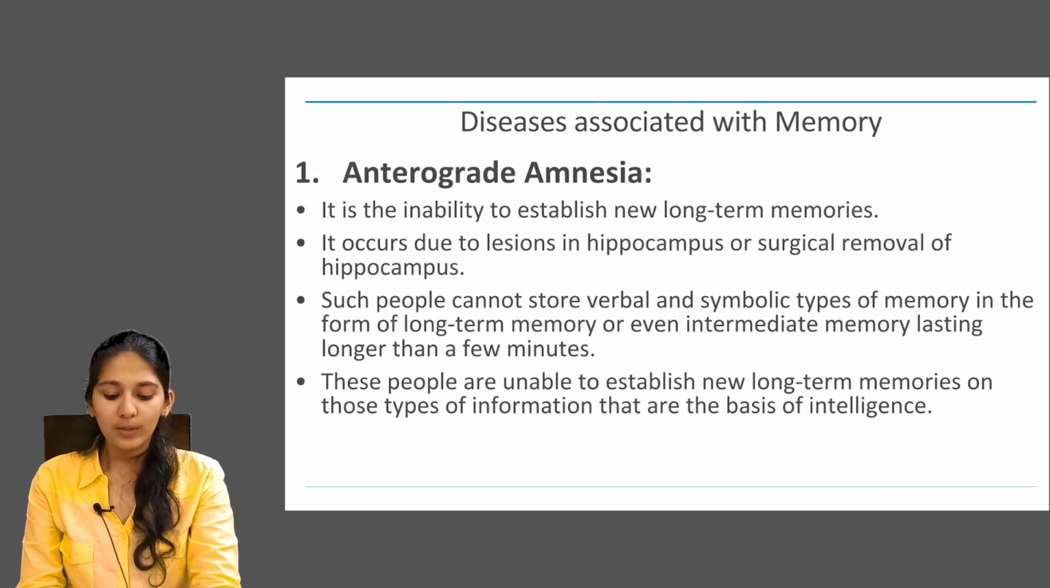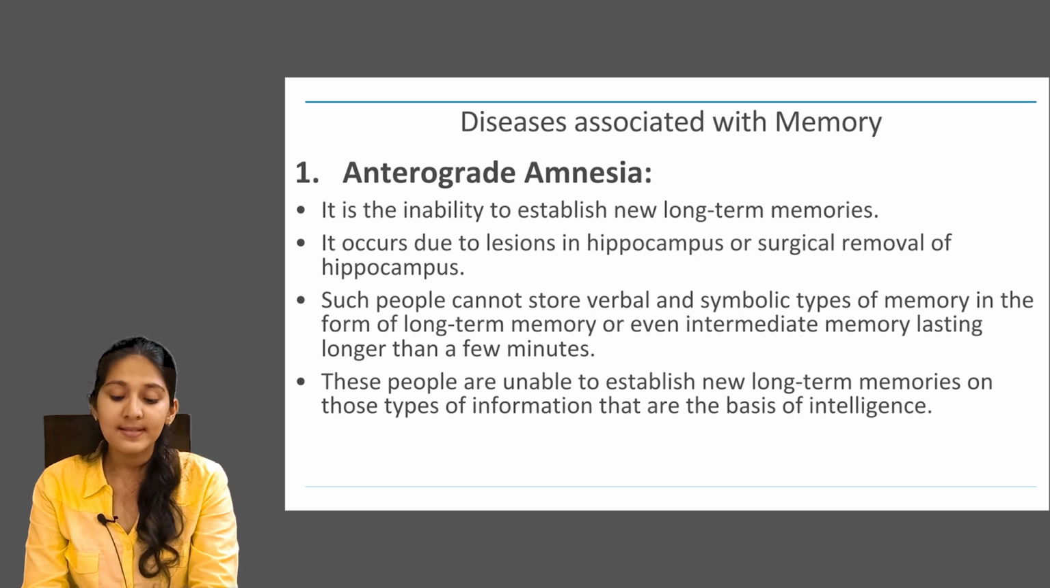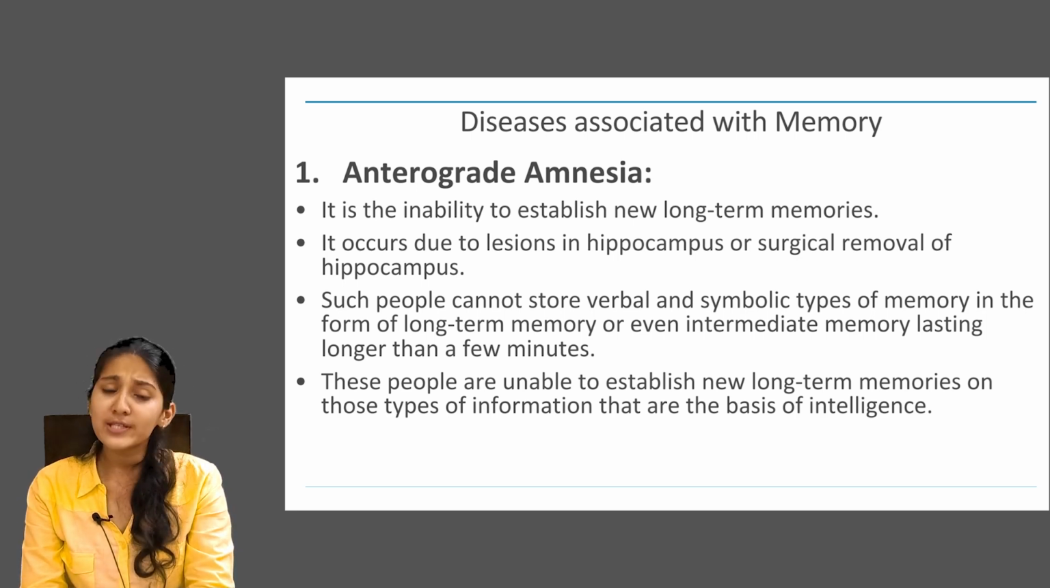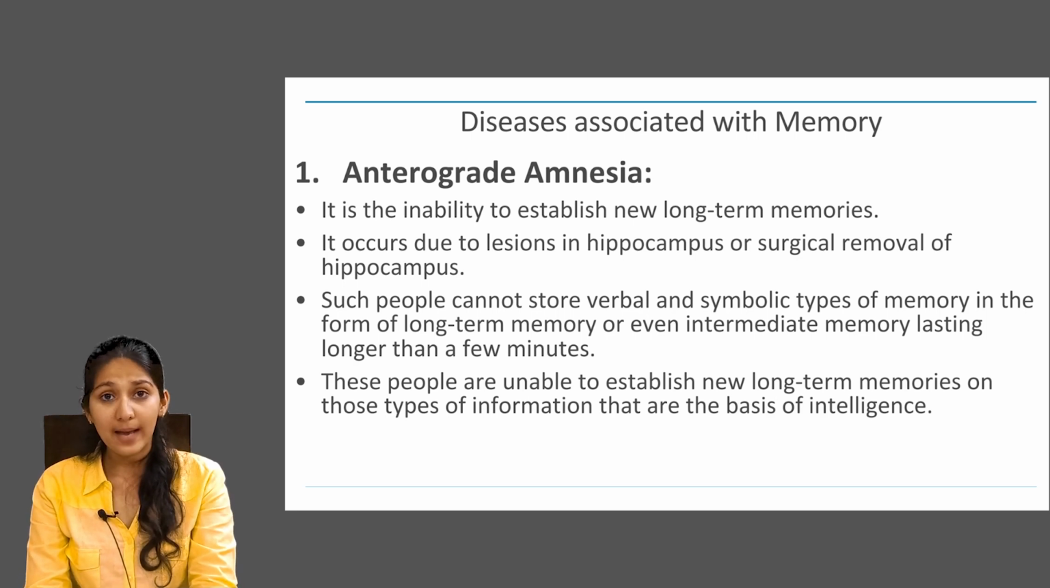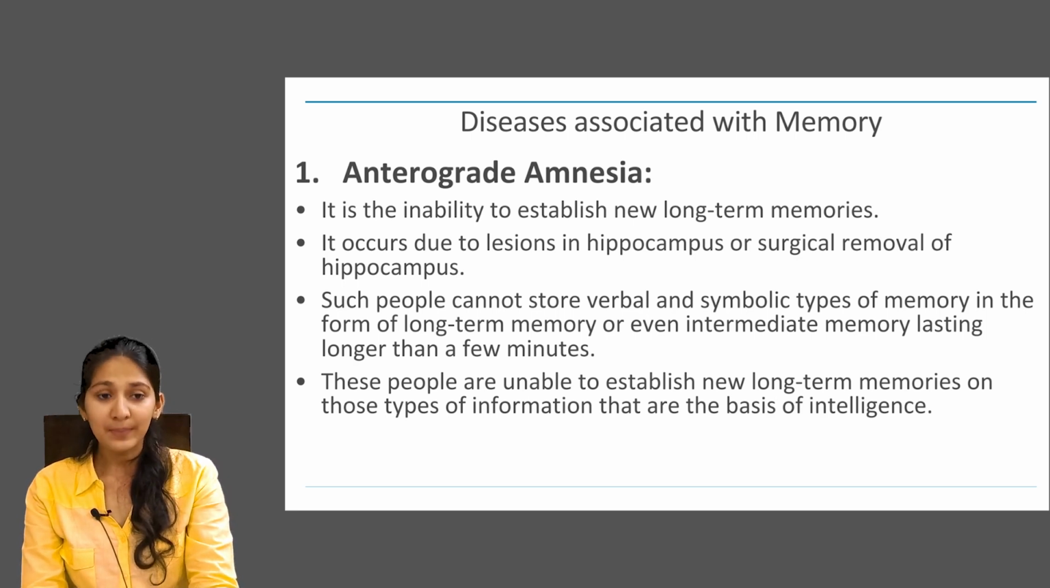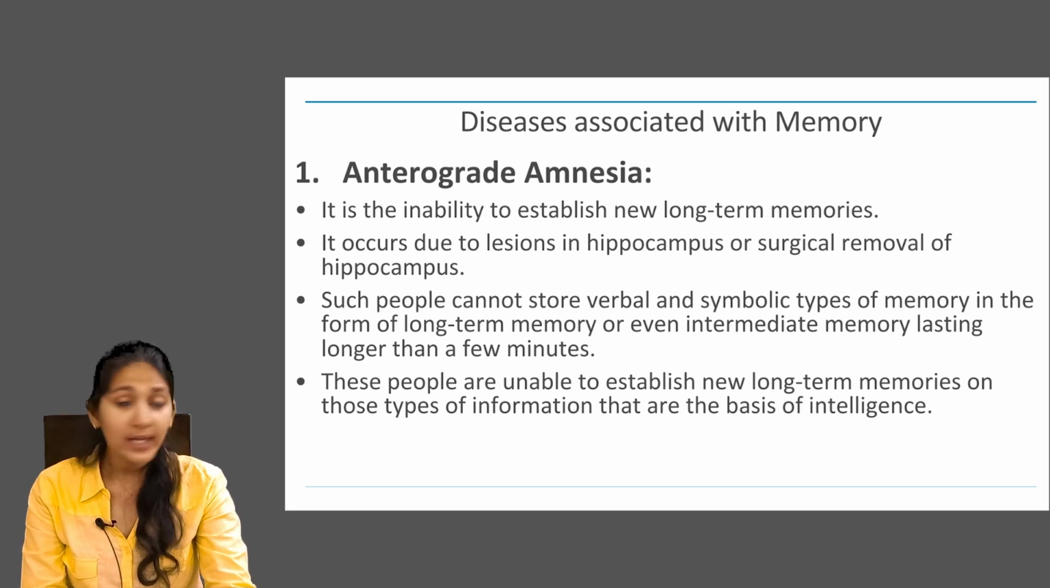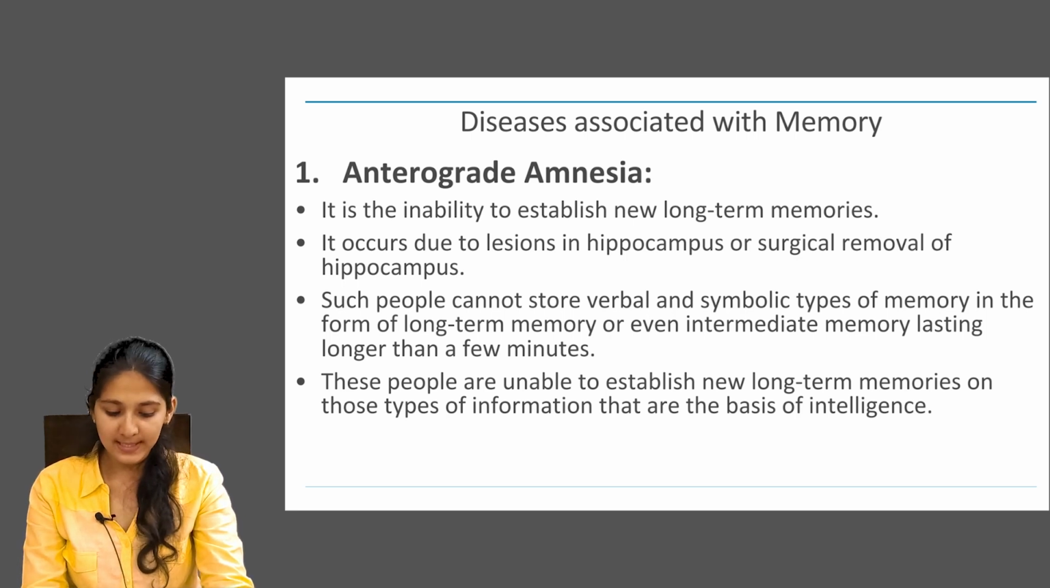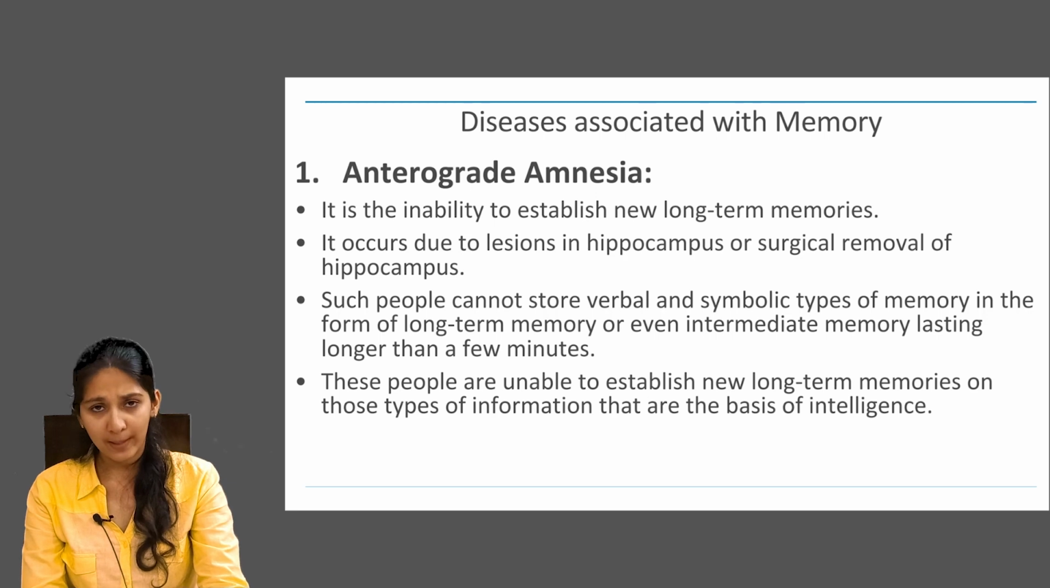In the end, let's talk about the most interesting part, that is the diseases associated with memory. The first disease is anterograde amnesia. It is the inability to establish new long-term memories. That means the person from now on cannot establish new long-term memories. It occurs due to lesions in hippocampus or surgical removal of hippocampus, because this hippocampus is required for the consolidation